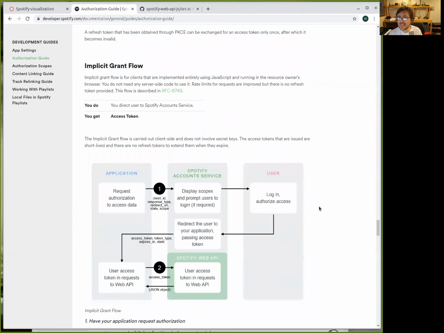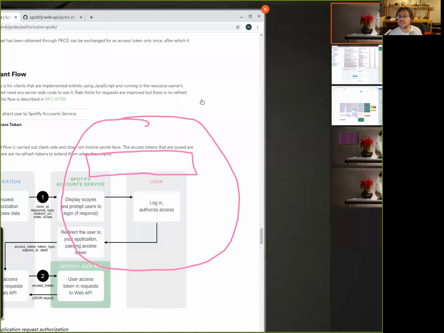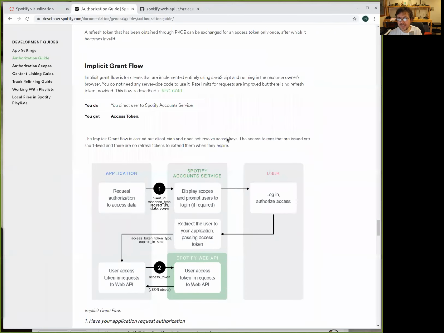Now, this is another way of connecting, which is the one that we are using. So basically we have two different ways of connecting. This is the Spotify server, which is not going to give you any general information, it can give you basic information.